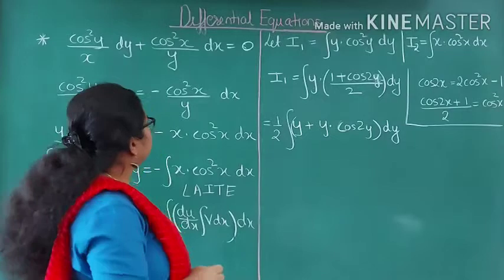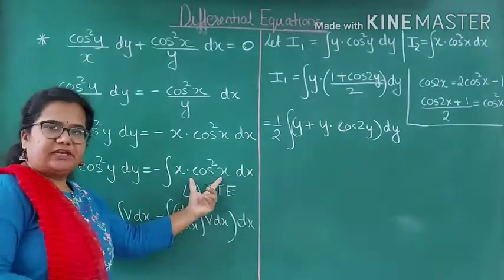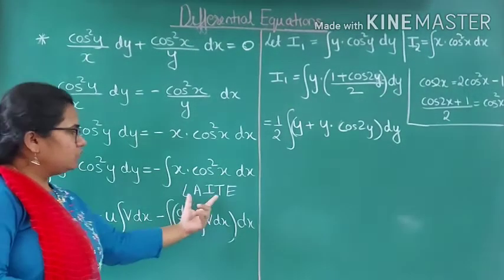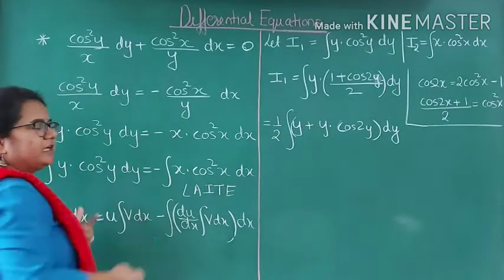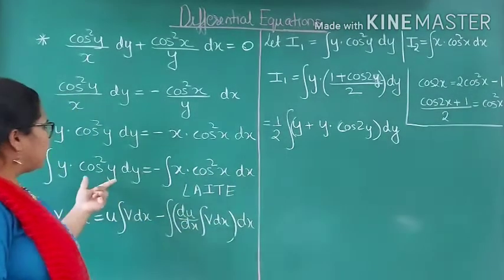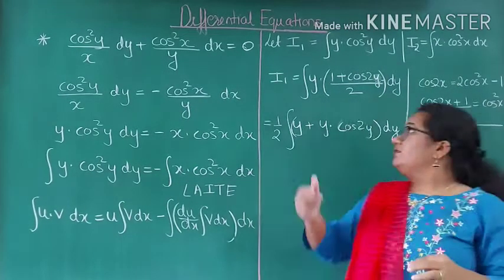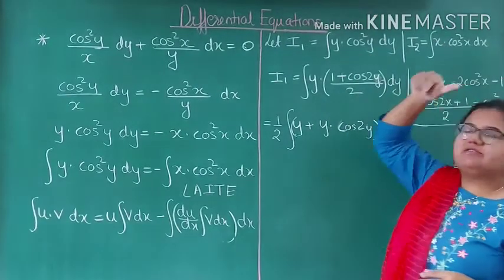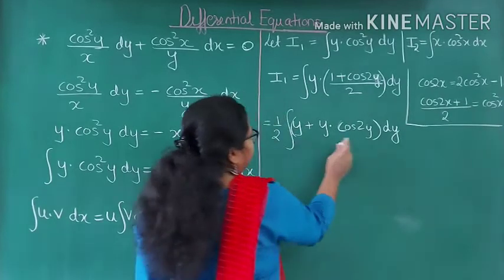Yes, understood till here? After separating, you can see both sides are having integration by parts. I have written the formula of integration by parts here. We will use this rule when we integrate here. Now what I told you, if you integrate these two simultaneously, you will have a big step. The terms are the same, only the variables are different. So we will integrate only one part and replace y by x, and we will get the I2 integration also. So let us start with the integration now.